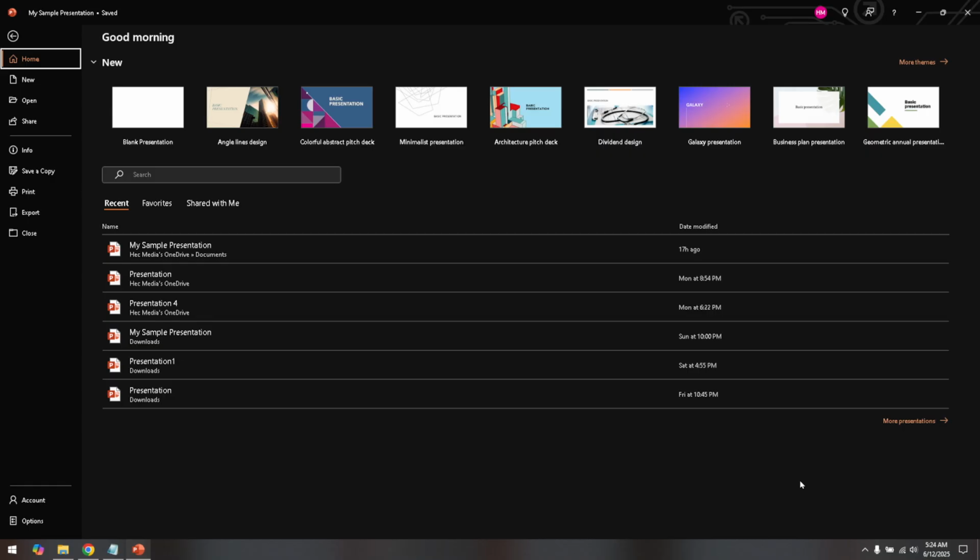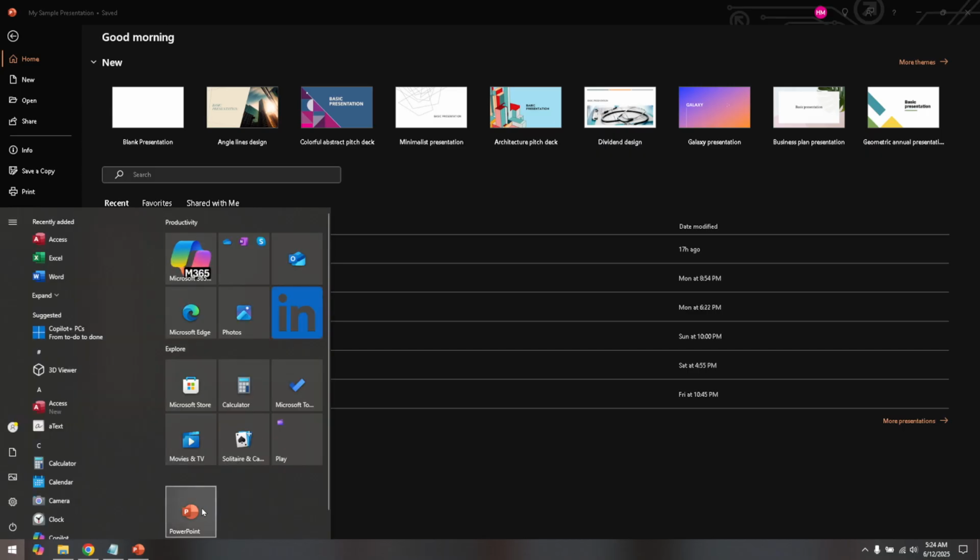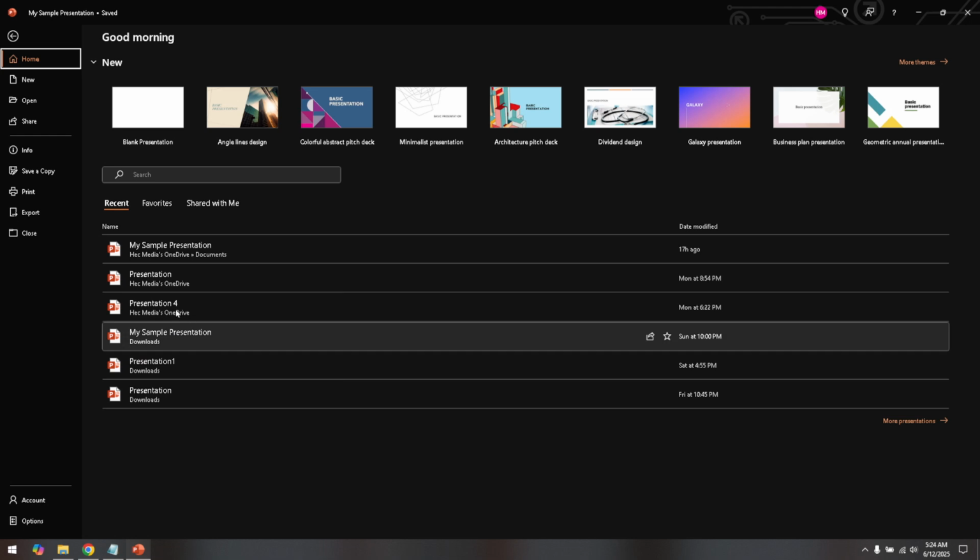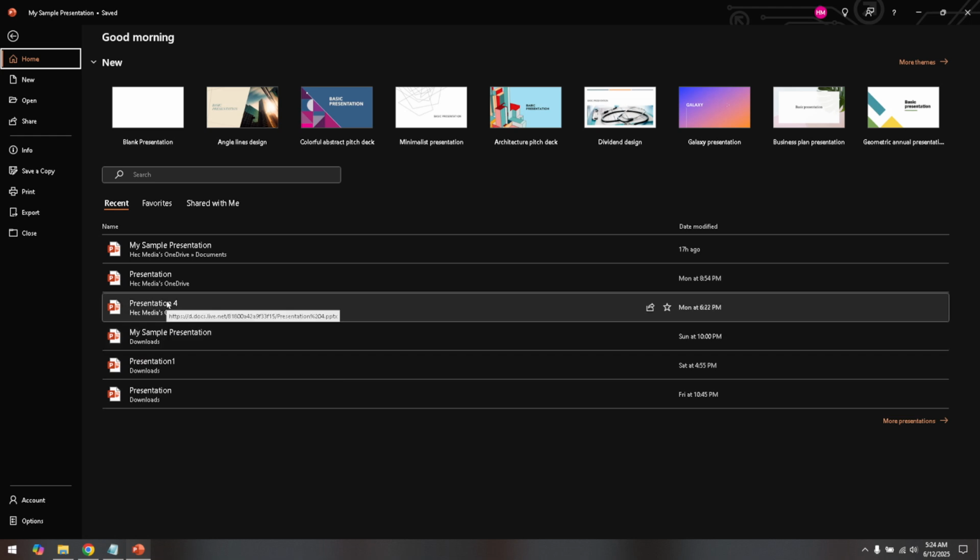To begin, you're going to want to open PowerPoint on your computer. If you already have it running, that's great. If not, go ahead and launch it so we can get started. Once you have PowerPoint open, navigate to the presentation that you want to animate. Open this by either selecting it from your recent files or by browsing your computer to find the presentation you